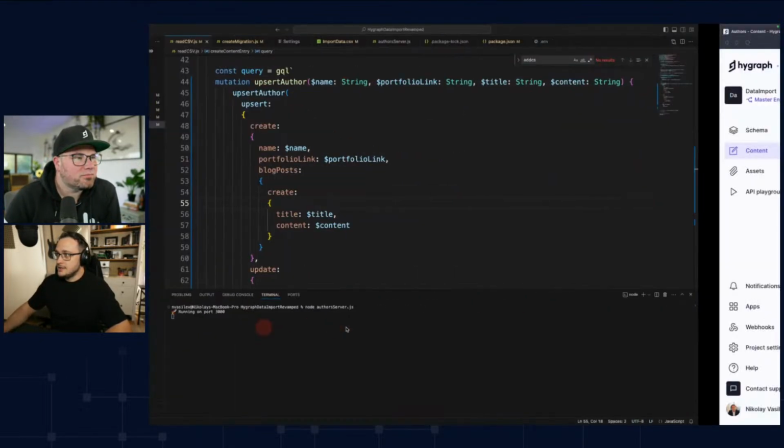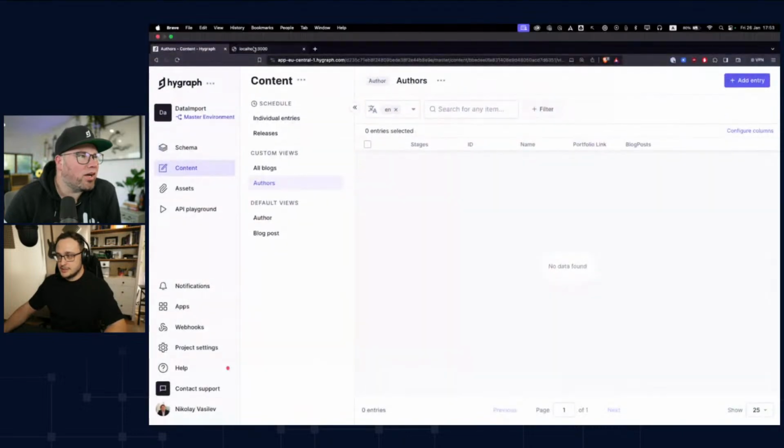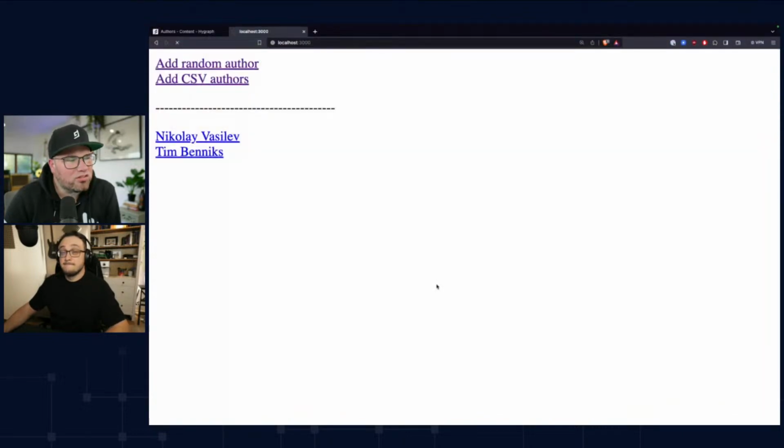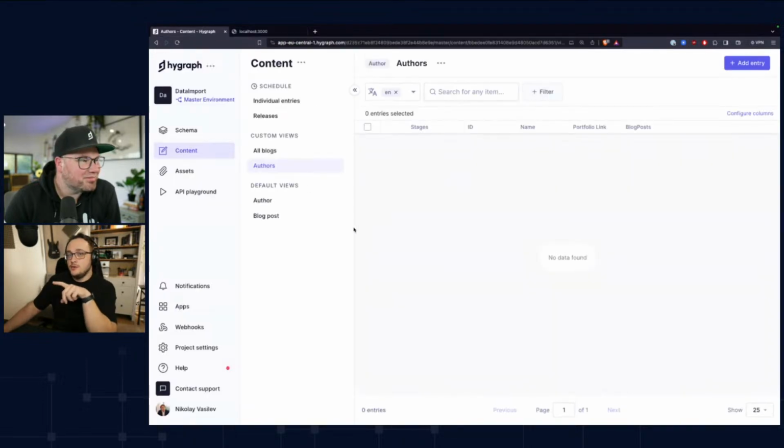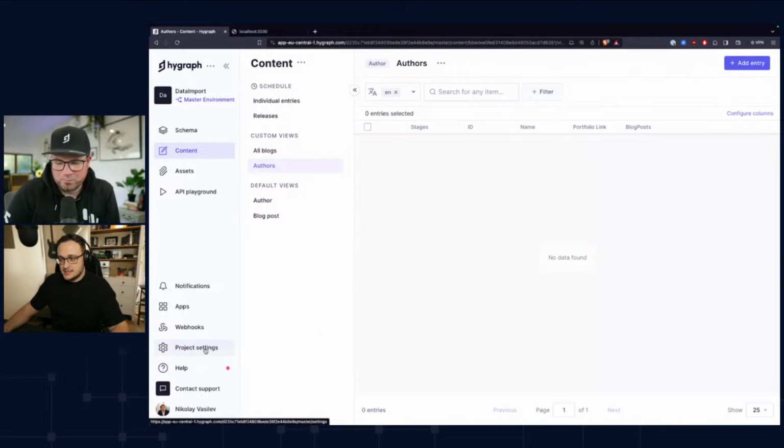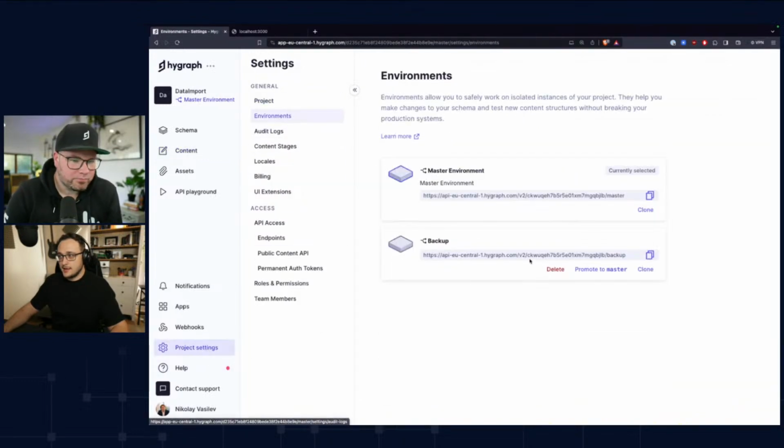So it's running. Let's refresh. The fact that your file wasn't saved happens to me at least once a day when I'm coding. So this is actually a very good example of why you need that backup environment, right? Because if a lot more things got imported and got messed up with different already existing things in the system, imagine having 100,000 items that all need to connect somewhere. Exactly. So in that case, you could just roll back to the previous backup environment that you had